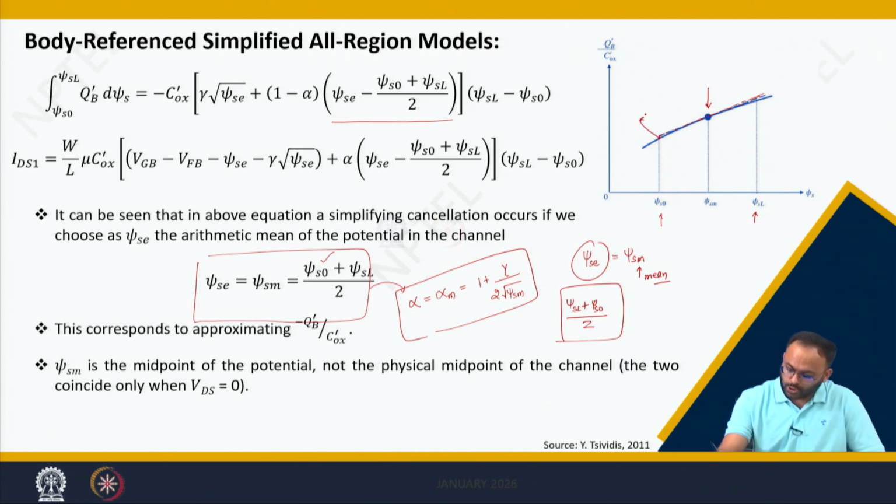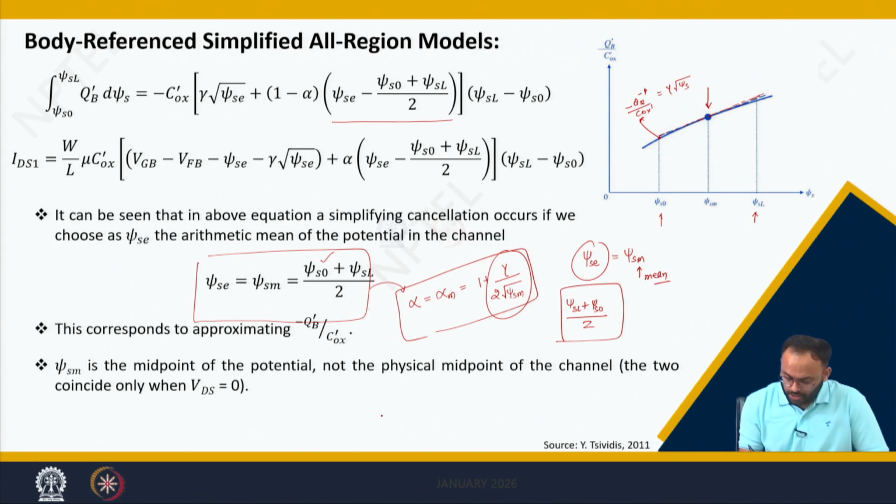If you see, the actual curve is nothing but this one, where this relates minus Qb dash by Cox dash is equals to gamma times of square root of psi s. So ultimately this is the slope. Here gamma divided by 2 times of square root of psi sm is the slope. How? Because we linearize the system as,